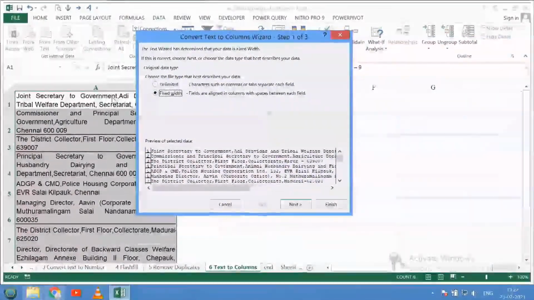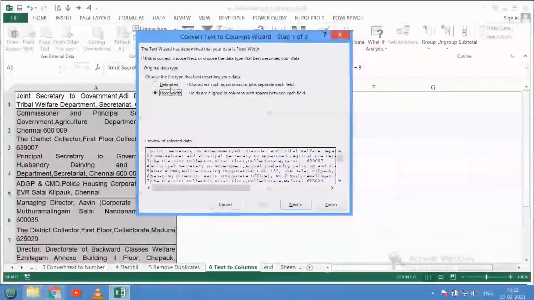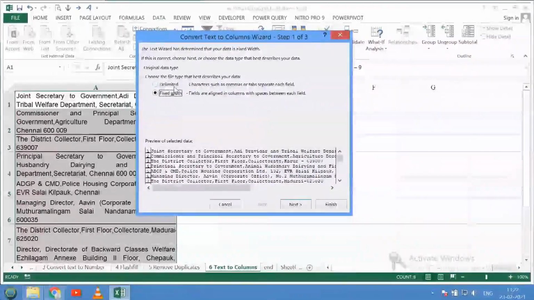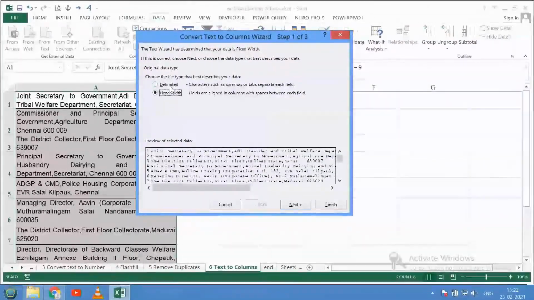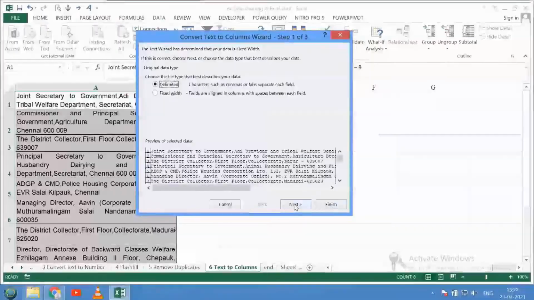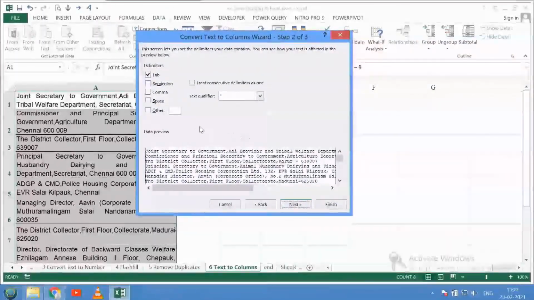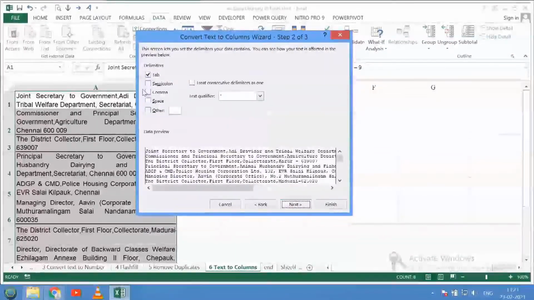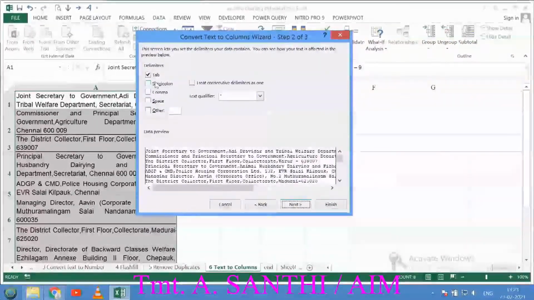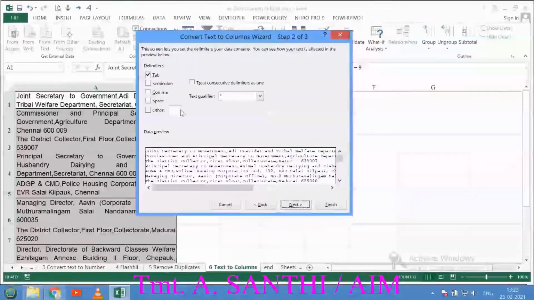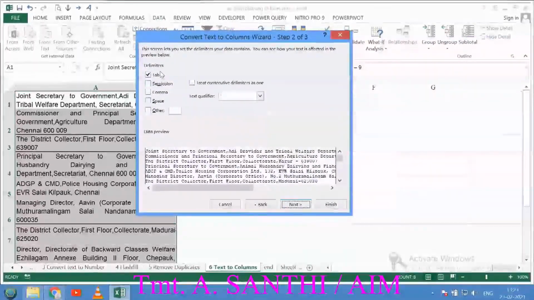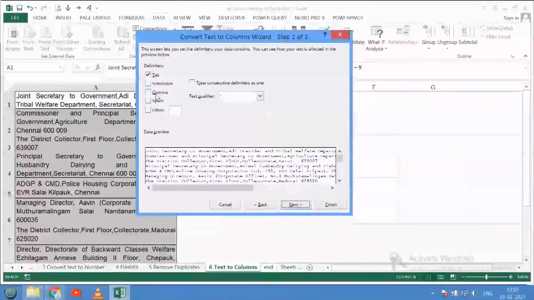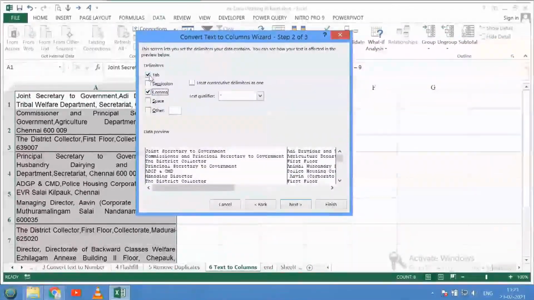There are three steps available in the conversion. The first one is delimiter. Delimiter is a separator for the data. So here the delimiter is comma. Choose delimiter. Then click on next button. Here we use comma as a separator, but we can use semicolon, space or other characters also. If the data is available with a delimiter, you can separate into multiple columns. So let us choose comma because we have comma in the address.